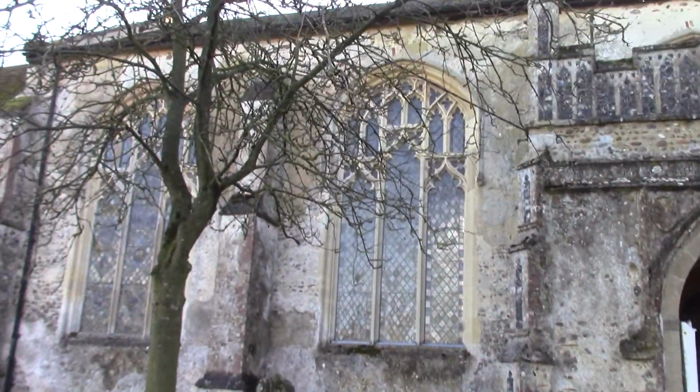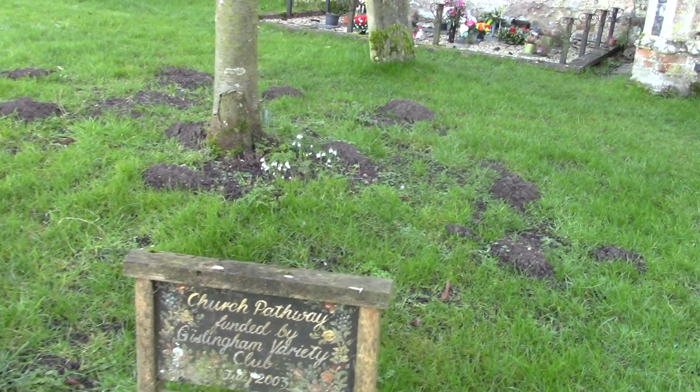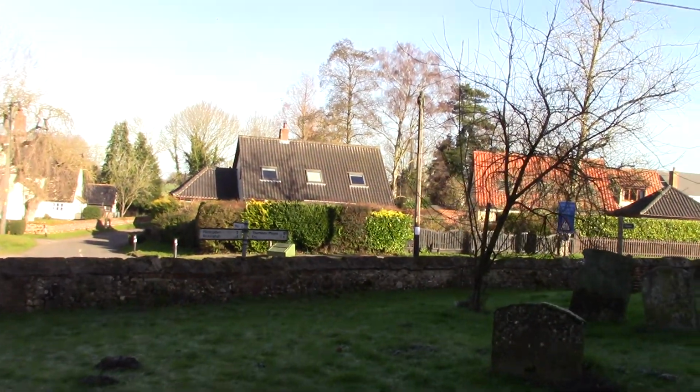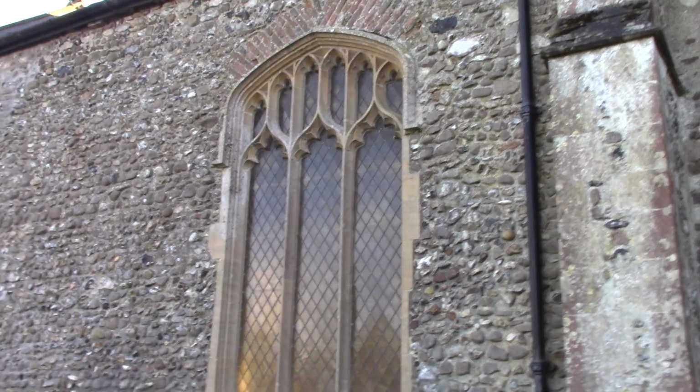So we'll just have a wander around past the graves. Quick, something that didn't turn up in my note taking. Pathway was funded by the Gislingham Variety Club in July of 2003. As you can see, it's the old style stone construction. Flint and mortar, and it's been around since the 13th century. Slightly frosty today. We are basically in the middle of nowhere. There will be the occasional car drive past, but you can hear all the birds, and it's a beautiful calm place. A bit chilly today, frost on the ground,